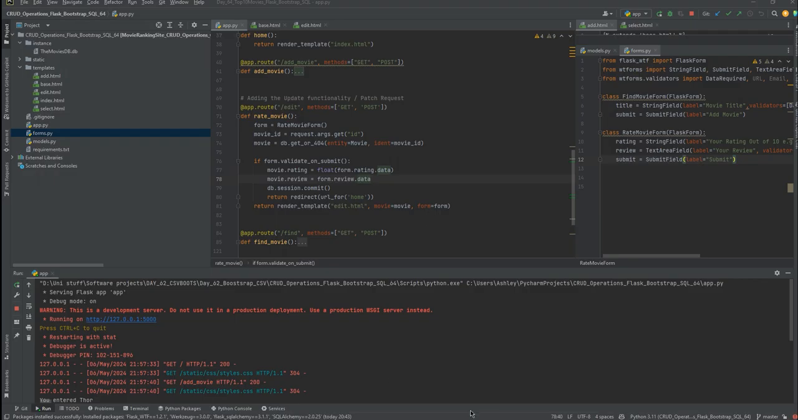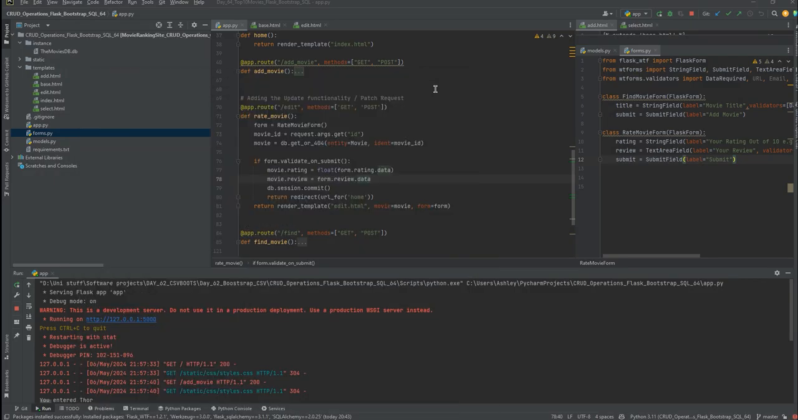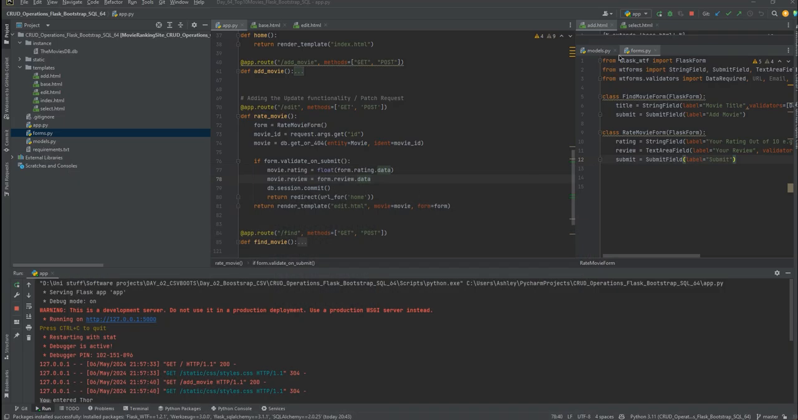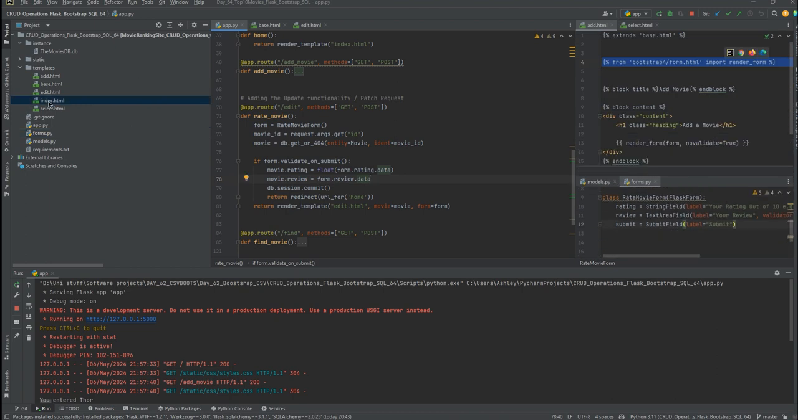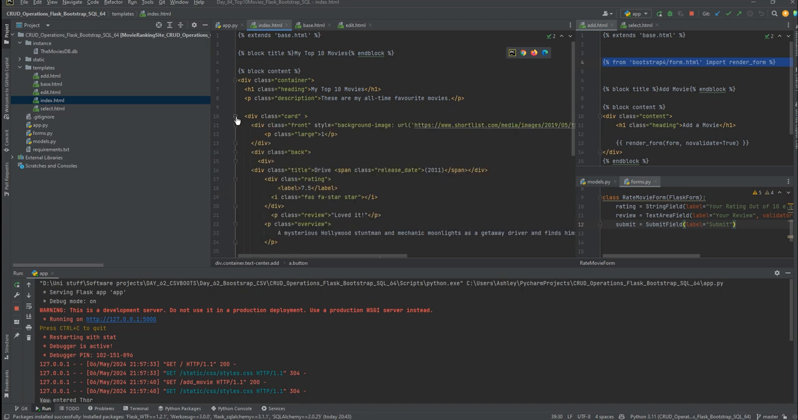Right, I figured out why it didn't add. It's in the database. However, it's not showing on my index.html. And why is that? Well, essentially, it's because in my index.html, there's nothing that's triggering that. Nothing is triggering